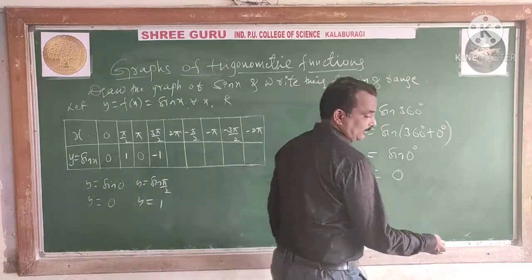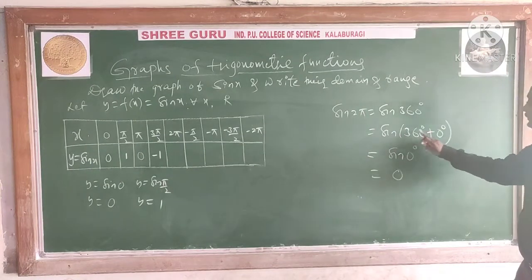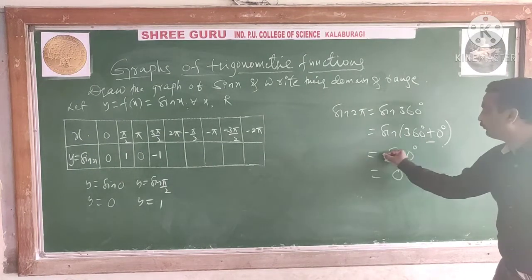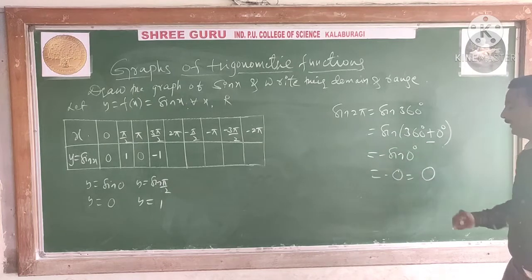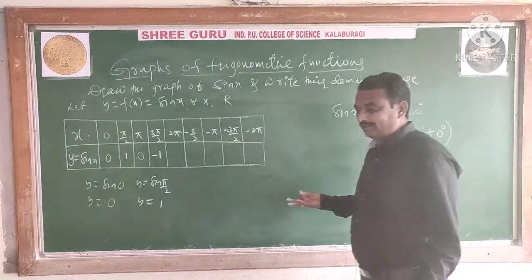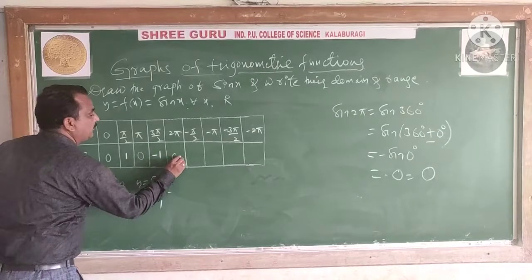If you take a minus, sir, why are you taking plus like that? You should take minus. Let us see the minus. Sin 360 degree minus. Which quadrant? Fourth quadrant. In the fourth quadrant, it is negative. So sin is negative. Again, it is a negative value. The value does not change. The value remains the same. So sin 2 pi is 0 here.